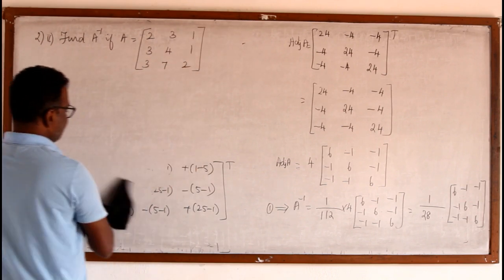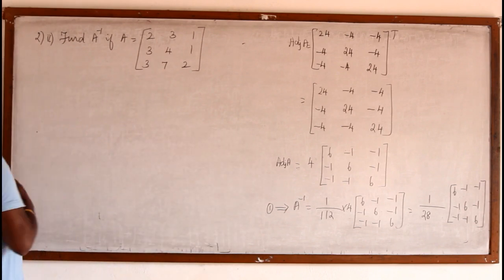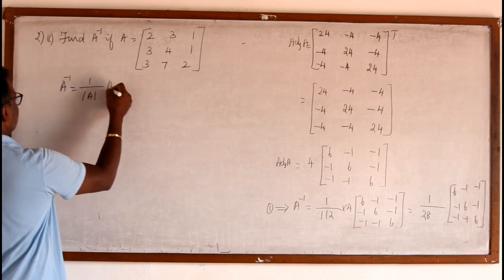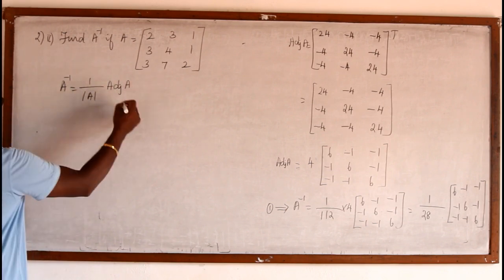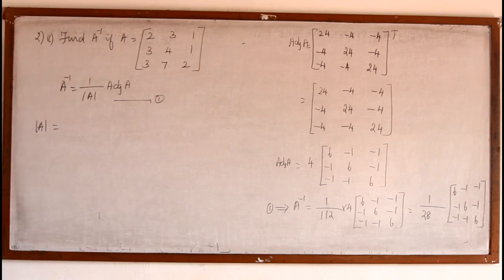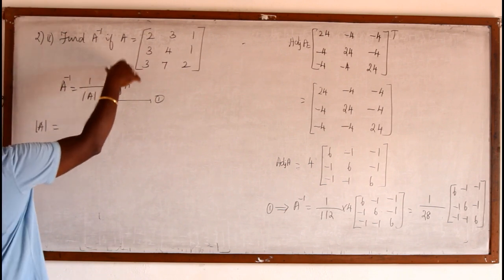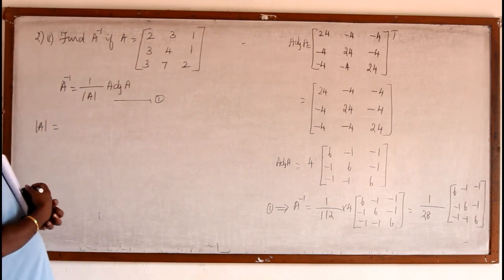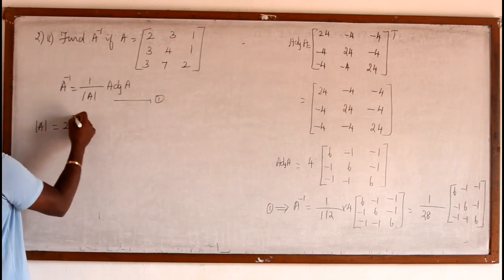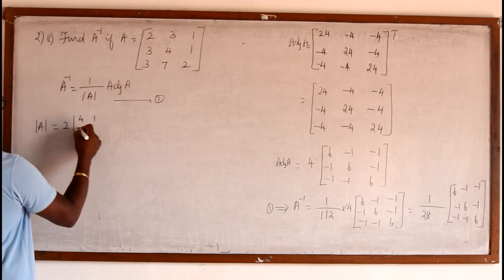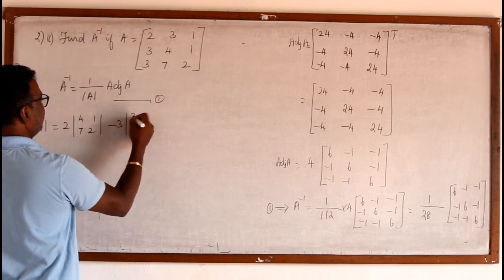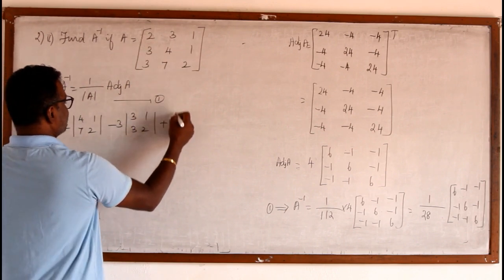So first write the formula, then find the determinant, then go for adjoint. That must be the procedure. So A inverse is 1 by determinant of A into adjoint of A. Keep this one as 1. Make sure by finding this determinant whether it is becoming 0 or not. Determinant of A means expand always along row 1 because that will be useful to find the adjoint. So you write the expansion: 2 into, omit the row and column of 2, 4 1 7 2. Second element sign must be changed, so minus 3 into 3 1 3 2 plus 1 into,